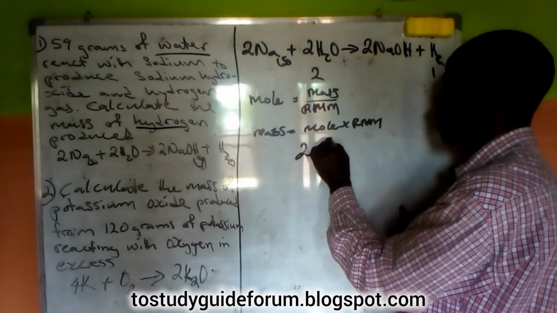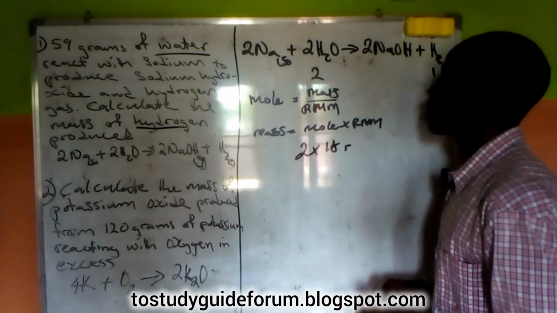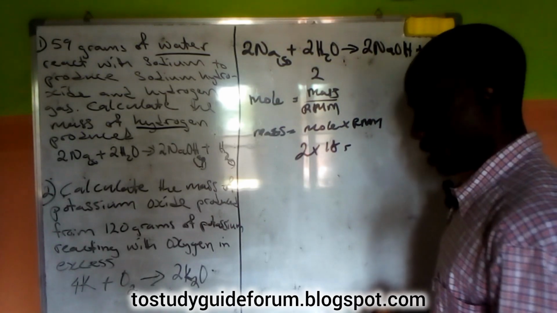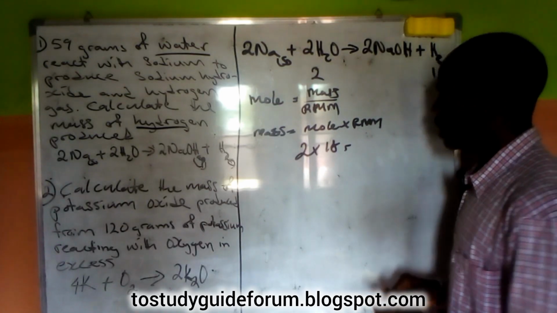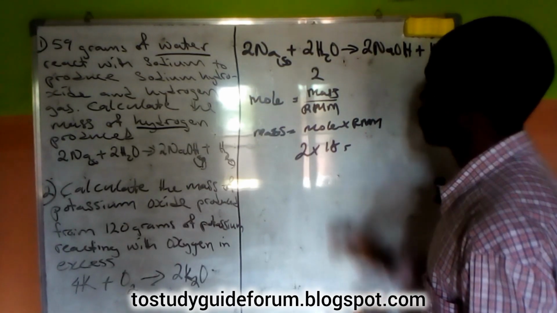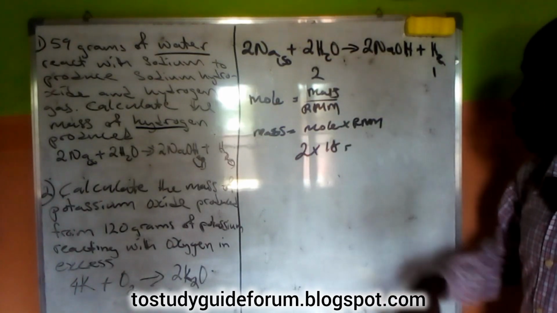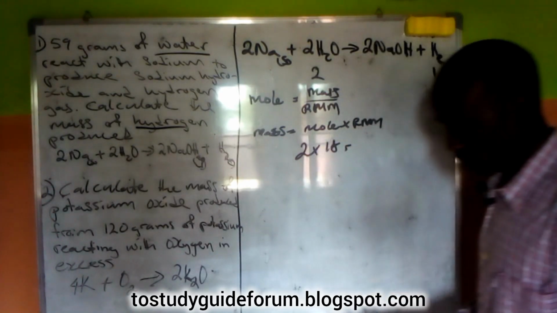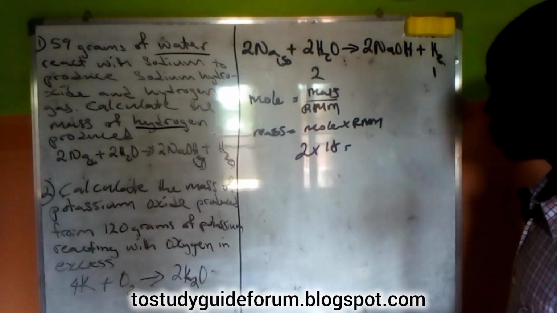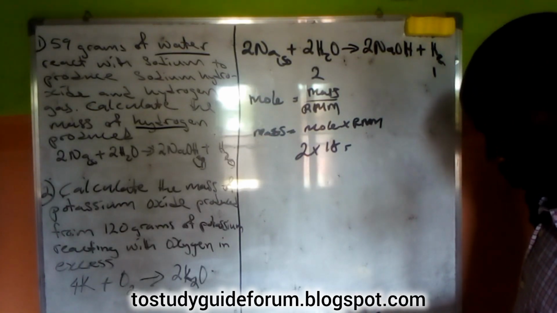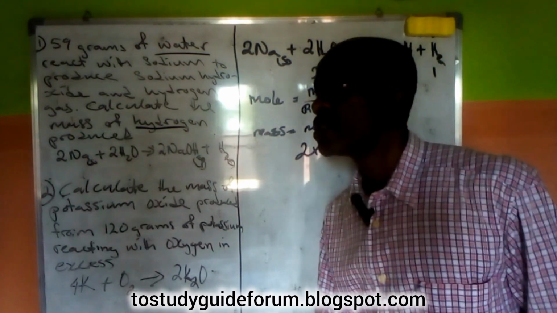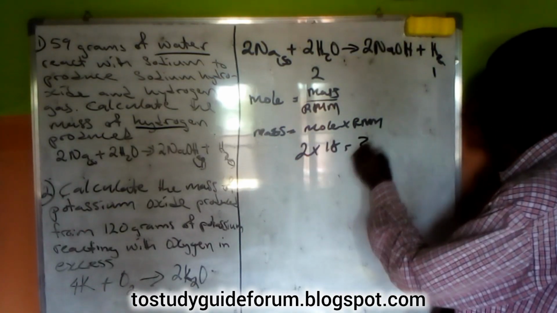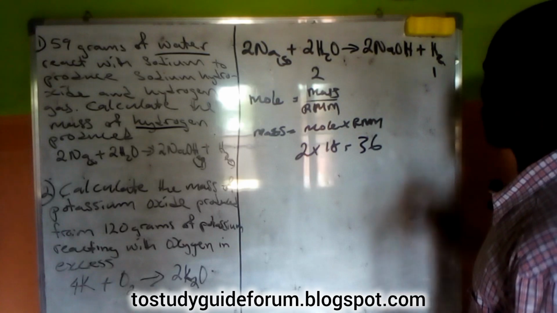2 times 18. That will give us the relative molecular mass of what? Water that is present here. So then the other one, let's see what we have in 2 times 18. And let's just go to the calculator. 2 times 18. We have 36. 36 will give us 36, and the mass of